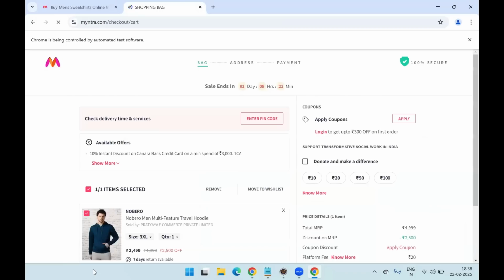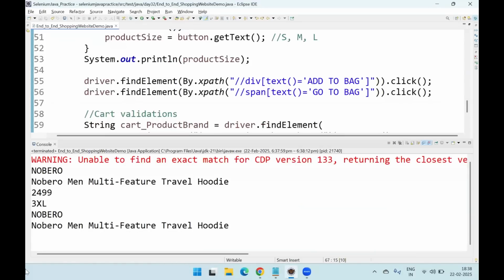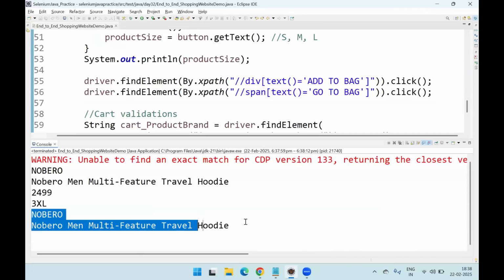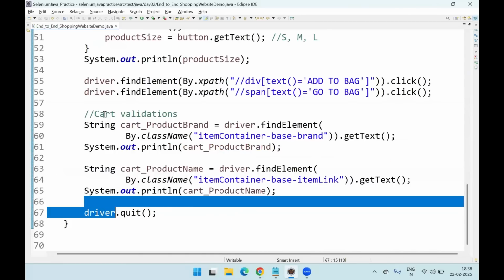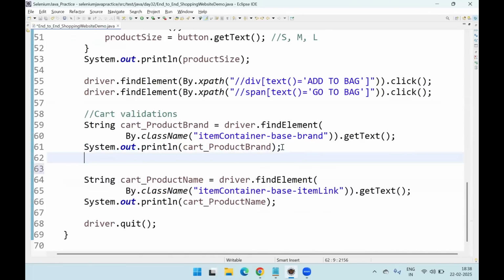So it added the product into the cart and now it quit the browser. So these are the two pieces of information that are coming from the cart. The cart validations, whatever we are adding, that is coming from there. So here I will also write an if condition saying, whenever the cart